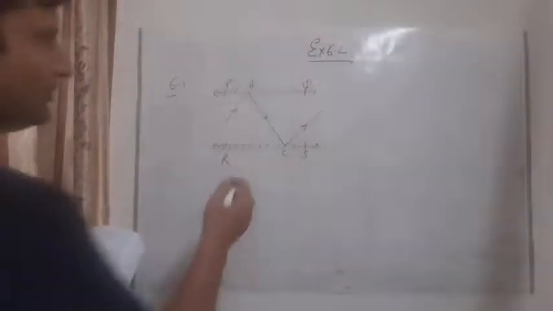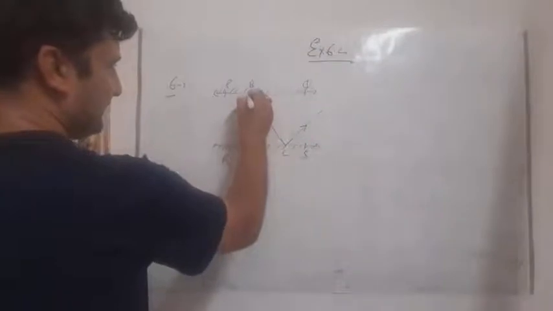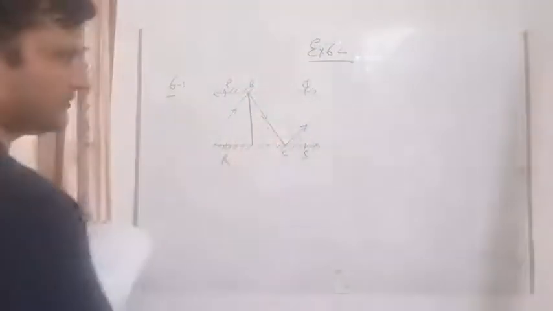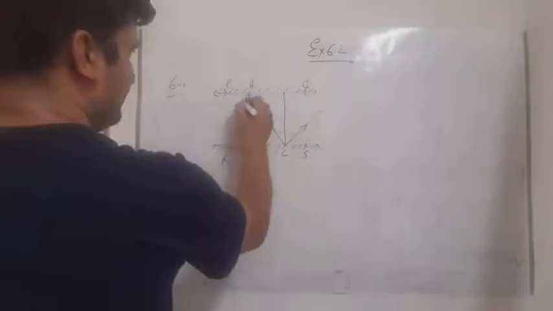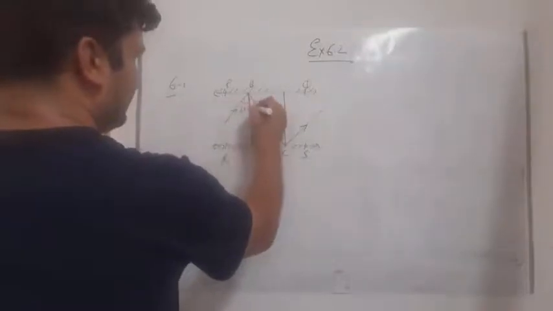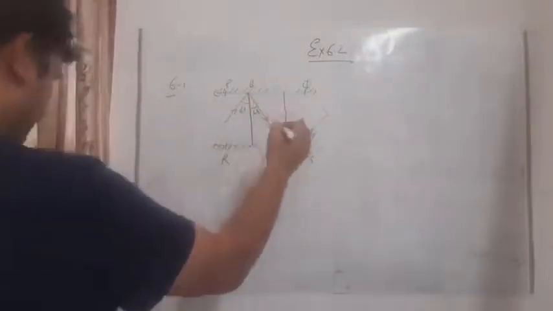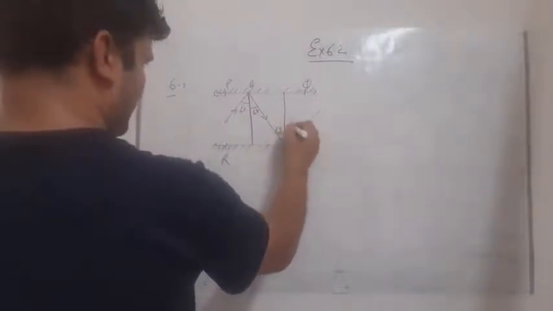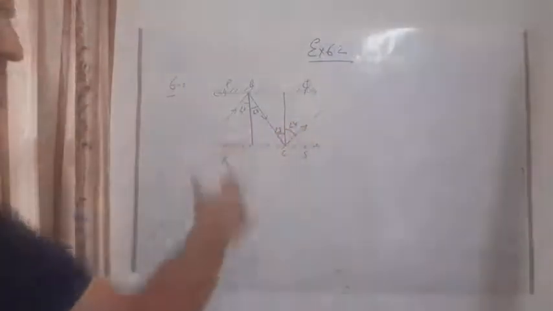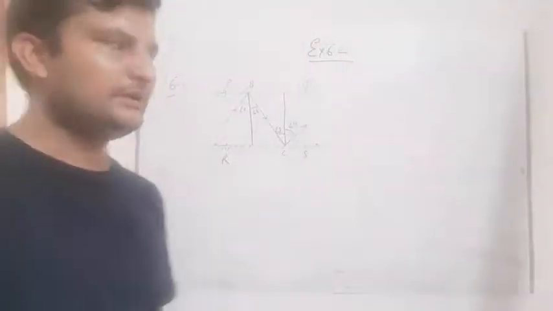So what we will do first, students, we have to draw the normals on these lines. Suppose I am making this normal and I am making this normal. The normal will cut it into two equal parts. Suppose this is angle 1, this is angle 2, this is angle 3, this is angle 4. All the things are given in your book. So we are doing only the construction.